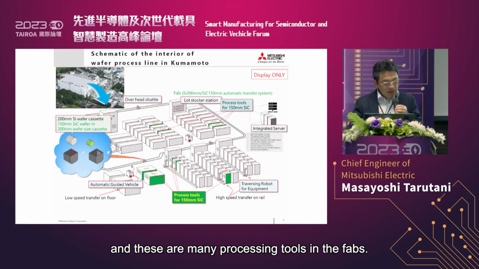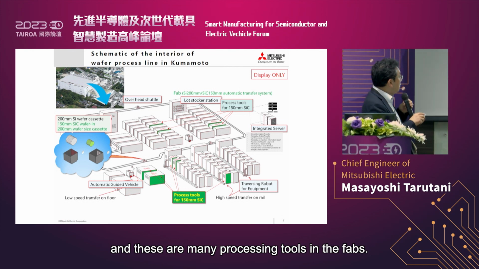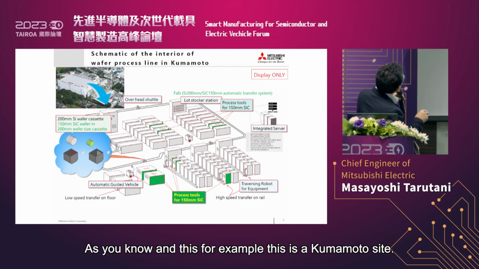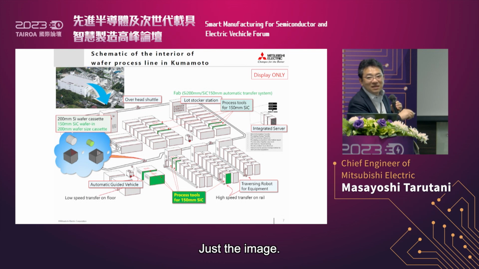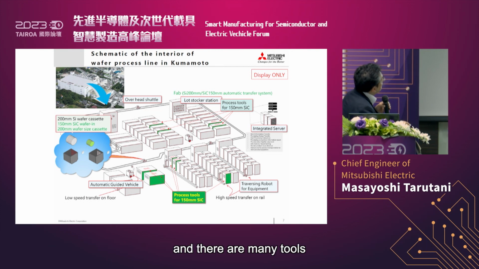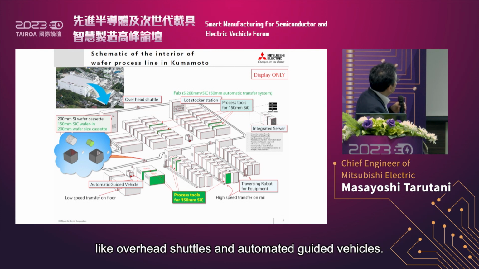And there are many processing tools in the fabs, as you know. For example, this is the Kumamoto site clean room machine layout. Just an image, not a real one. Here we are doing 200 millimeter silicon wafer processing. There are many tools, and of course we also use factory automation systems like overhead shuttles and automated